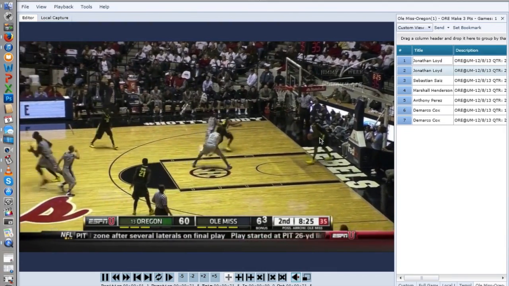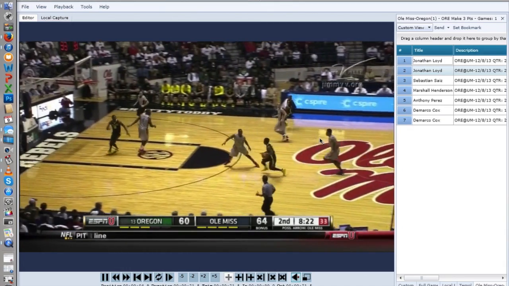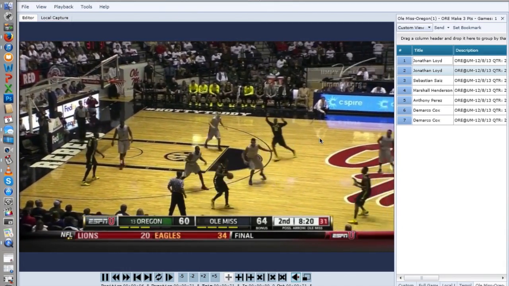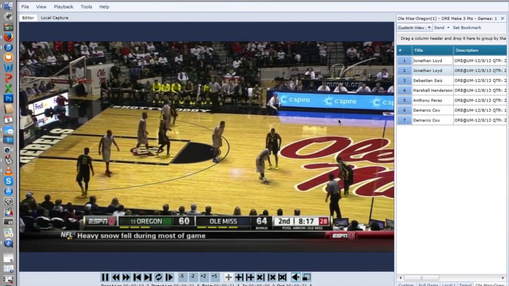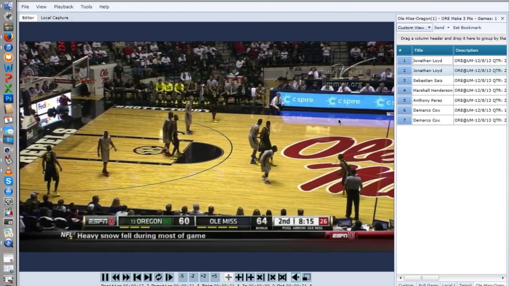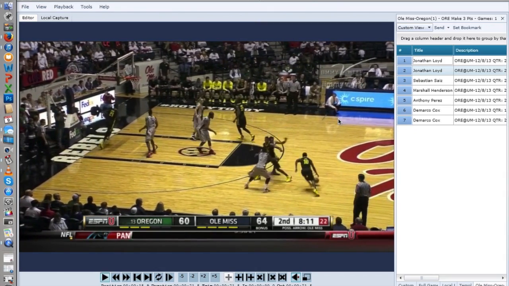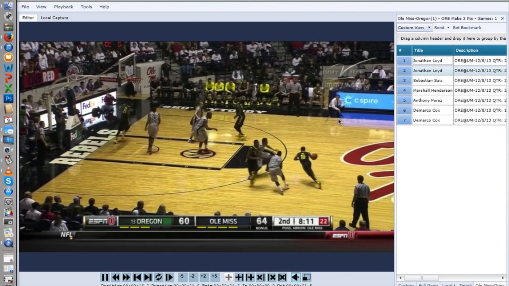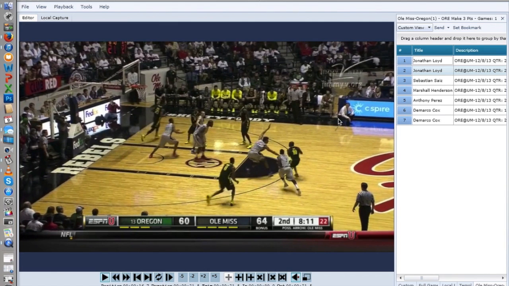Next clip is the same sort of thing. This actually might have been a possession earlier, I believe. I could have paid attention to the score as I was doing this, but I didn't. Lloyd resets. They get a ball screen up here for Moser. You see Moser kind of act like he was going away. It's Sebastian Saiz this time. Saiz gets there. He walls up and has to hold up Lloyd, but the problem is he's still on him